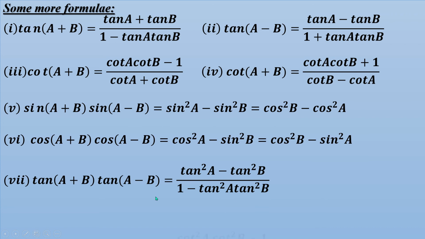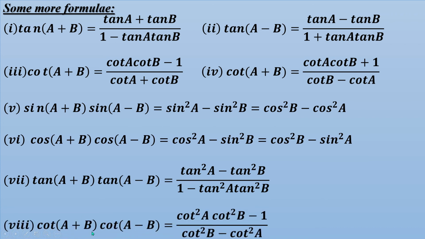that means this. Very easy. And cot(A+B) into cot(A−B) equals (cot²A cot²B − 1) by (cot²B − cot²A). Okay, you have to remember all these formulae. Now follow the